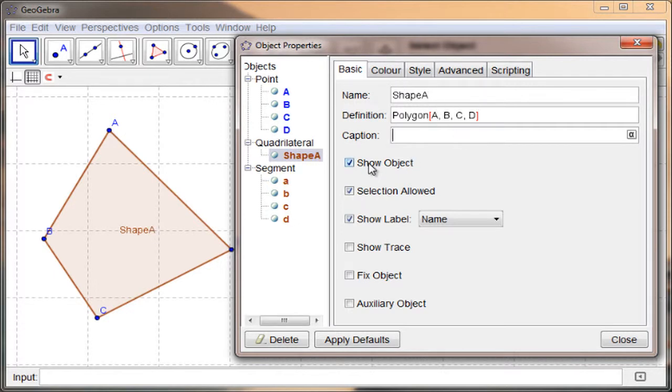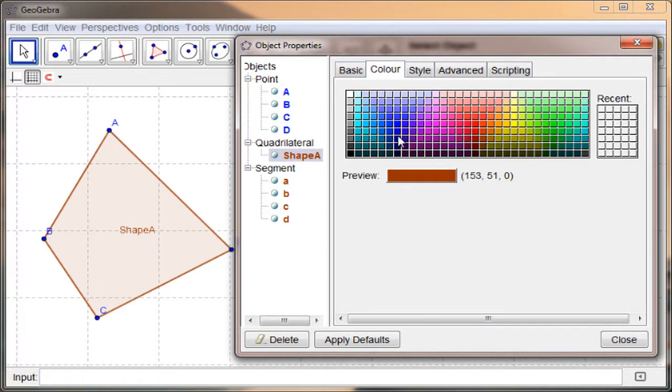I can decide whether to show the object or not, whether it is selectable or not, whether it has a label. It can be its name, its value, a caption. If I move over to the Color tab, here is where I could quickly change the color of it. So if I wanted it to be green,